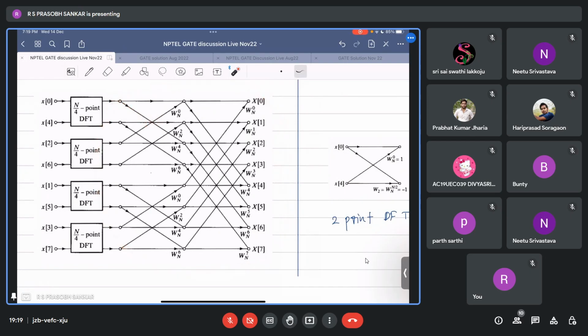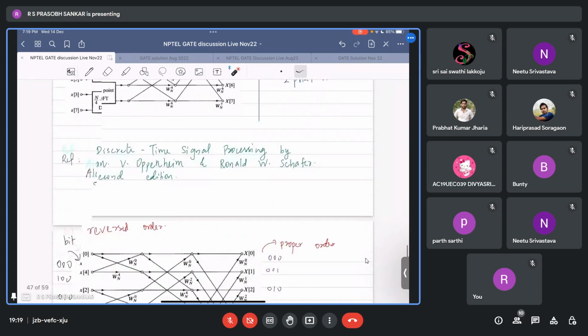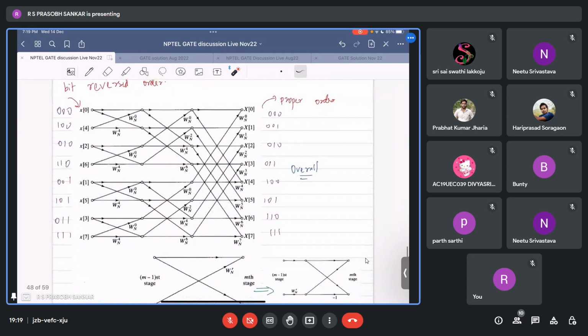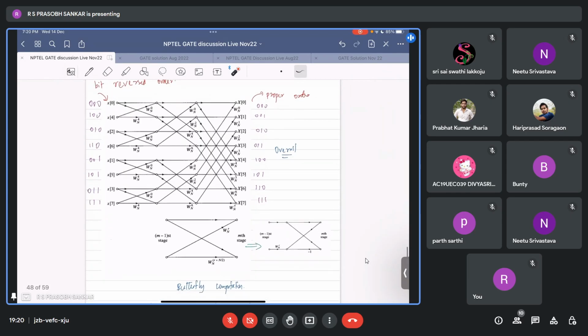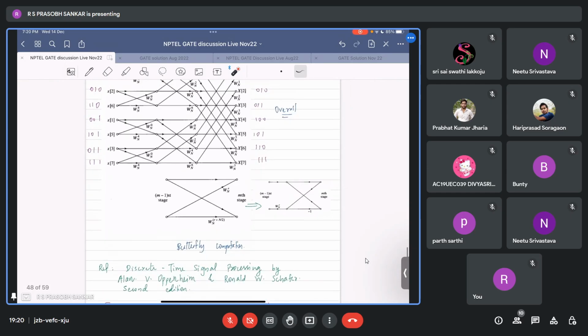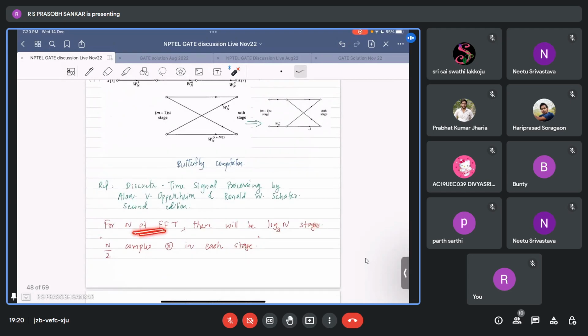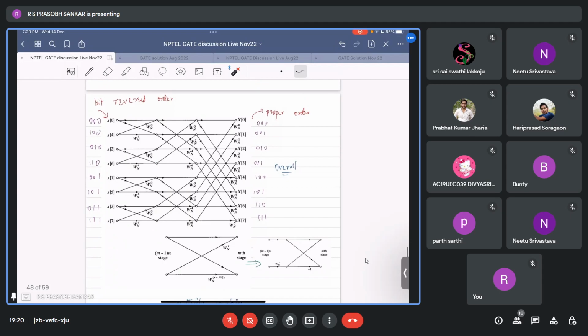This might look a bit complicated, but the advantage is that if we do it like this, it requires much fewer multiplications and additions. That's the idea. For more details, you can go to the lecture or refer to the textbook. We might not have time to discuss everything here. So to summarize, for an n point DFT, if we don't do anything smart and just compute the DFT directly, we require order n square computations. Whereas if we do it like this,